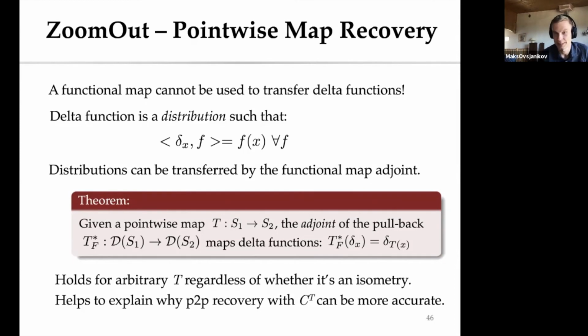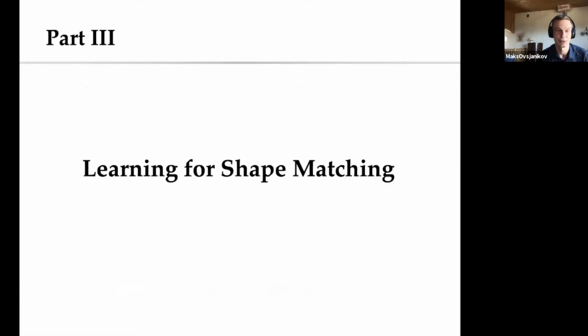So this is, I would say, not even an insight, it's just a small observation, but it came out from working on this very simple algorithm, the zoom out algorithm, and perhaps might be useful for some people who work with functional maps. Okay, so this was my axiomatic shape correspondence, and finally I want to end with a small